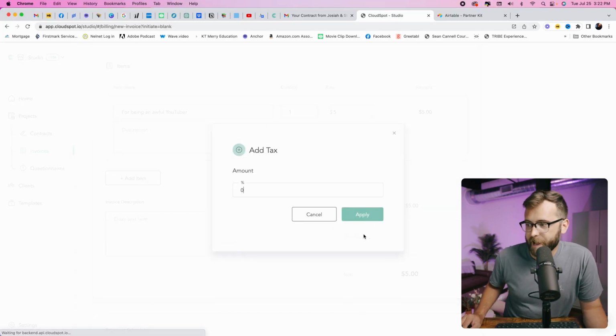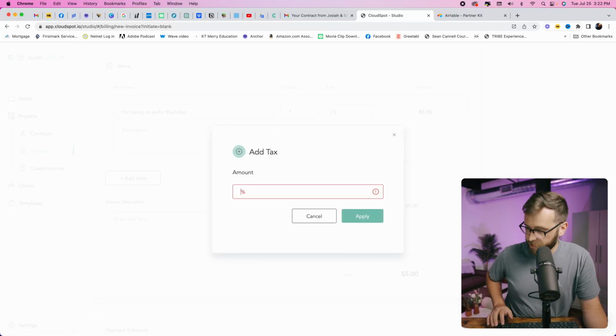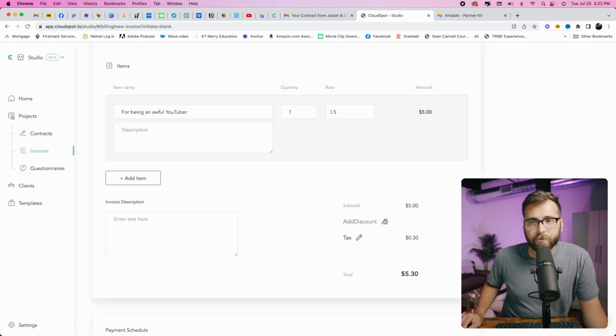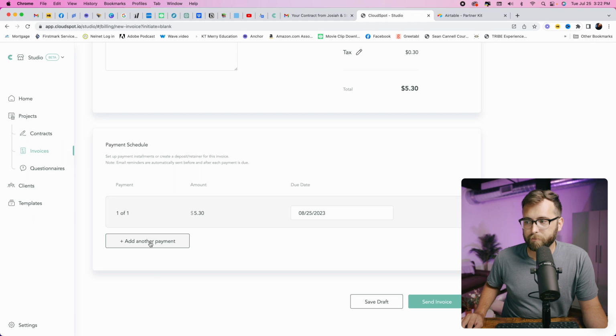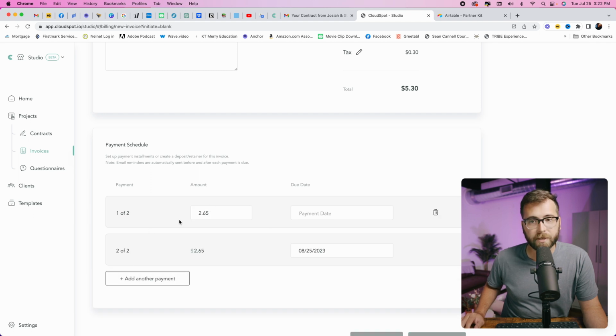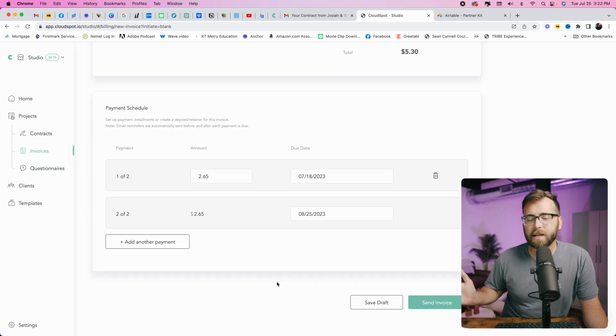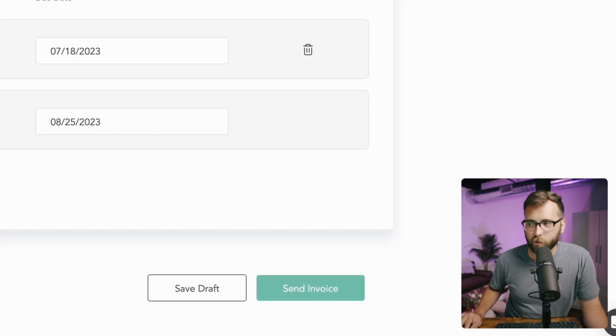That's it. You want to add some tax? You can add some tax. For me, where I live, it's 6%. You can add a discount if you want to. You can add some text down here. Look, that's it. That's how you do this. You can add multiple payments. If you wanted to split this up into multiple payments, you can do that. Guys, it's really simple to send an invoice off, and then you can go and click send invoice,